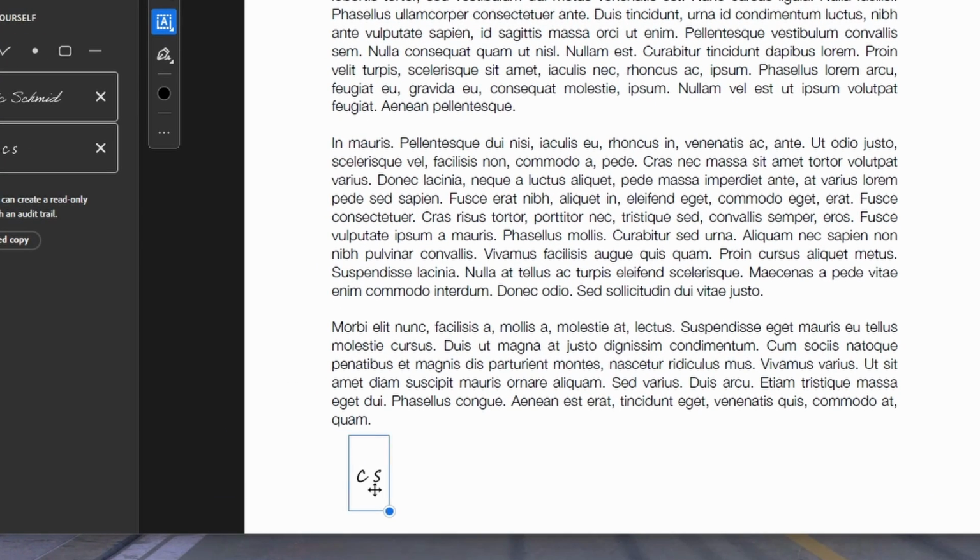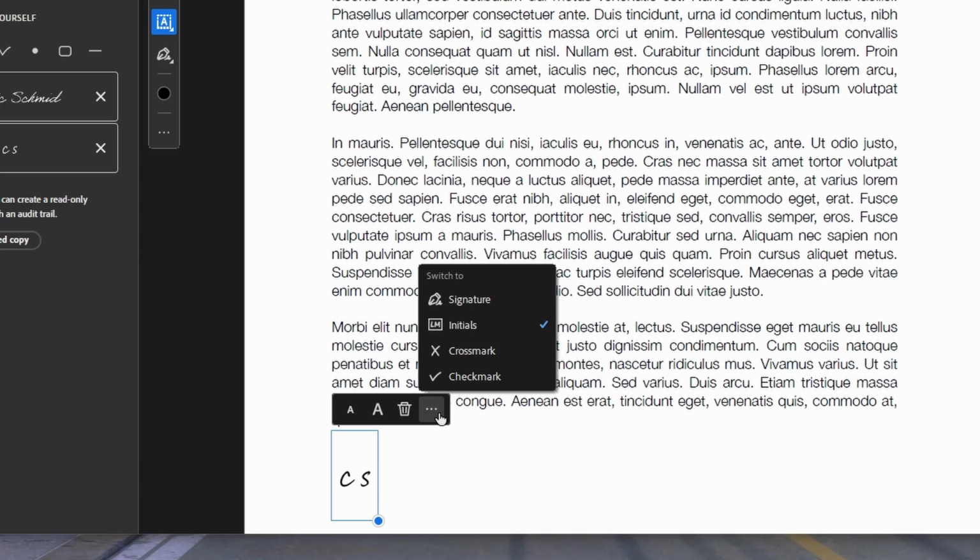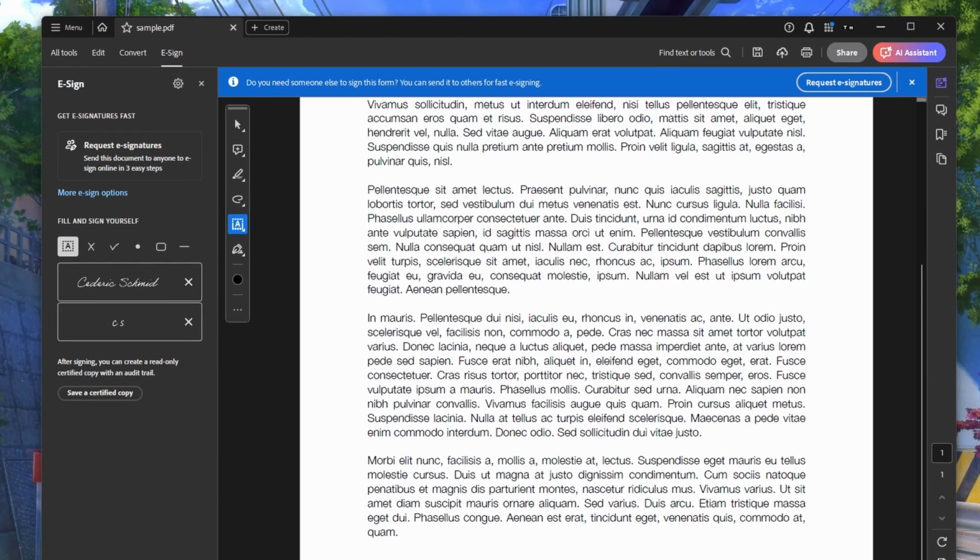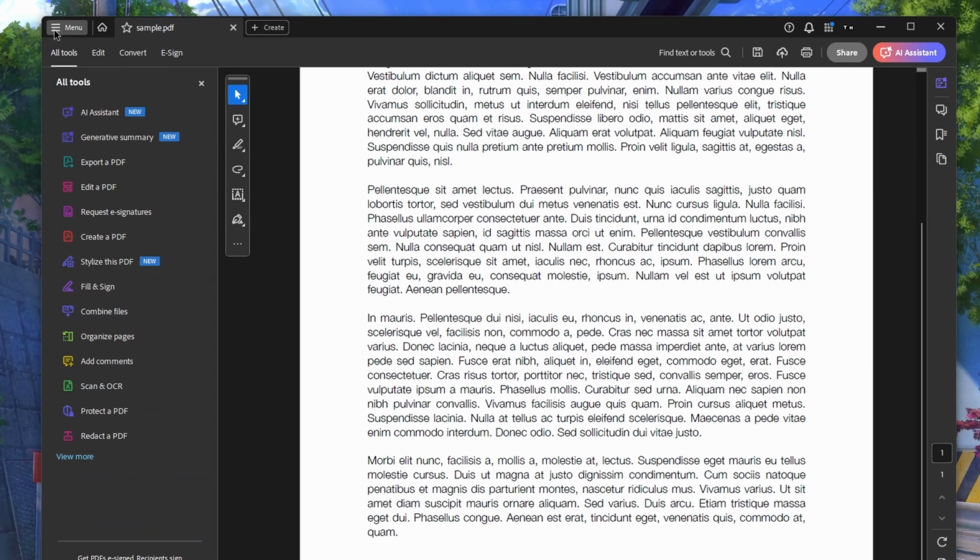You can drag and resize the signature after placing it, and even change the size by clicking on the small or large A. Click on the trash bin icon to remove it, or click on the three-dot menu icon for more options. If you need an official e-signature for your document, then open up your Adobe Acrobat preferences by heading